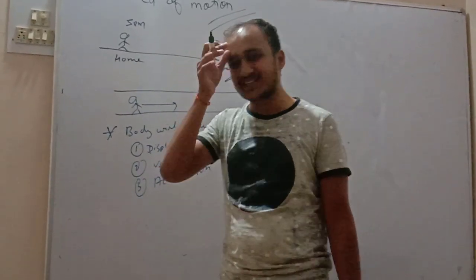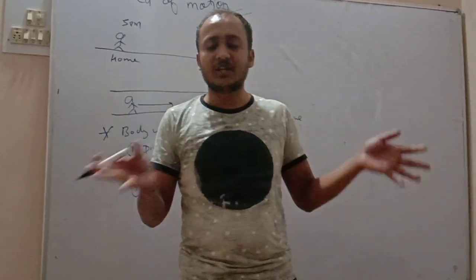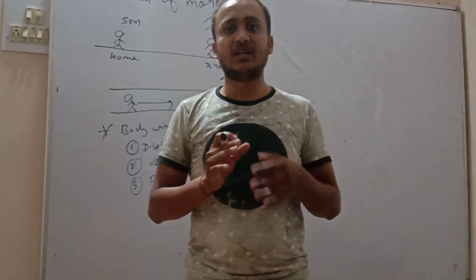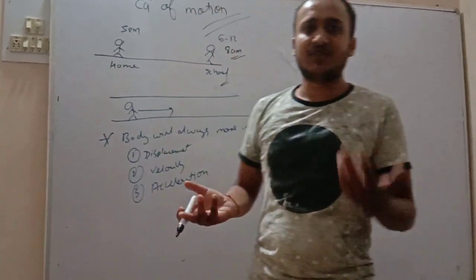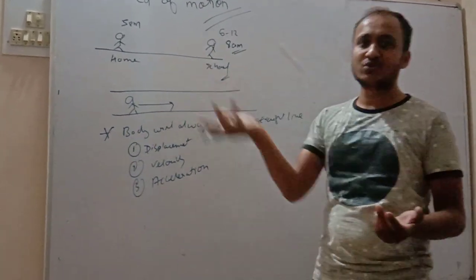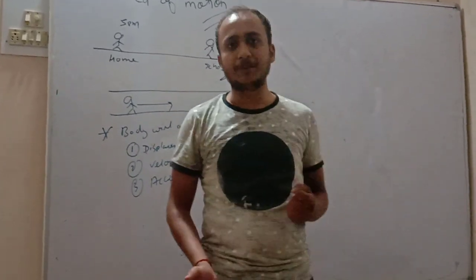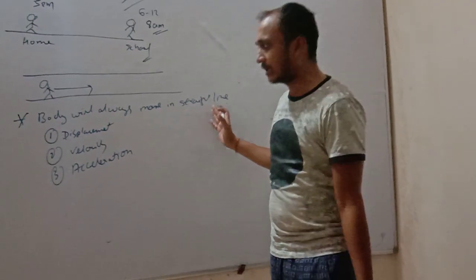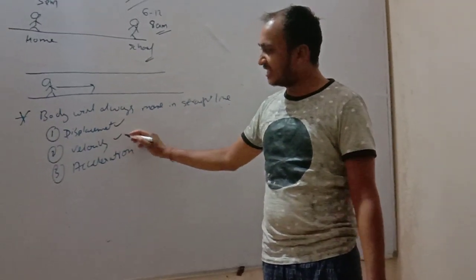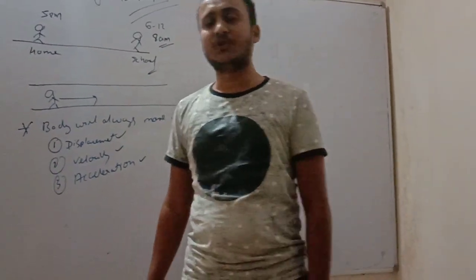So friends, I hope you understand the concept. If a body is free to move, we cannot predict its motion, where it will be at any time. Just as if the pressure of your parents is removed, we cannot predict where you go. But if the body is constrained, like you go from home to school and school to home, we can easily predict where you will be at a particular time. In the same way, in physics, we constrain the motion to be in a straight line. If the motion is in a straight line, we can calculate displacement, velocity and acceleration very easily. So friends, how will we calculate? Let's see.